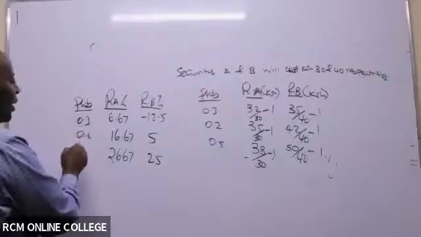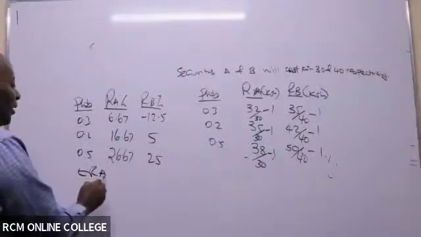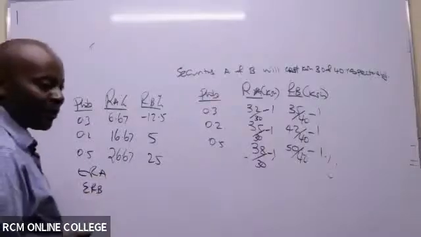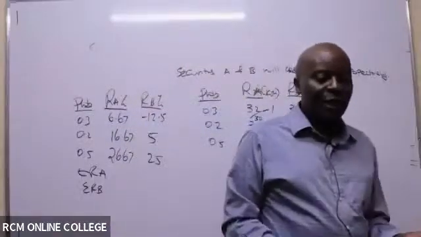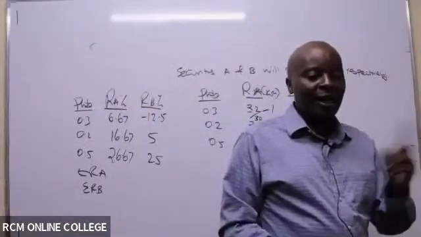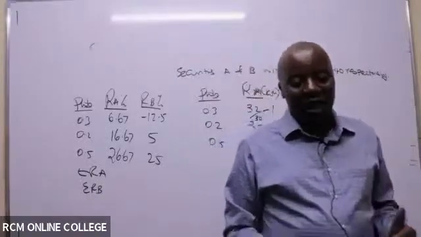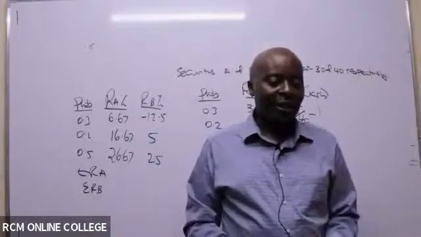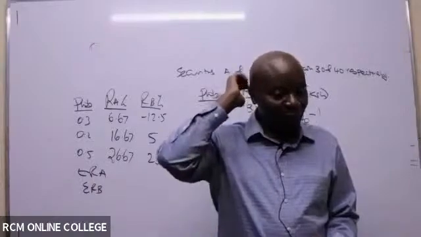Now ask me a question. From here, can't you now go ahead and get the expected returns of A and the expected returns of B? Can't you? Of course you can. Getting my expected returns is now easy. As usual, I like that. But now I'm making a very bad assumption, and please, if you have a very new student,